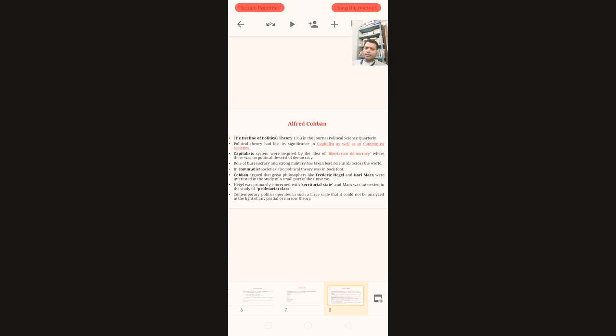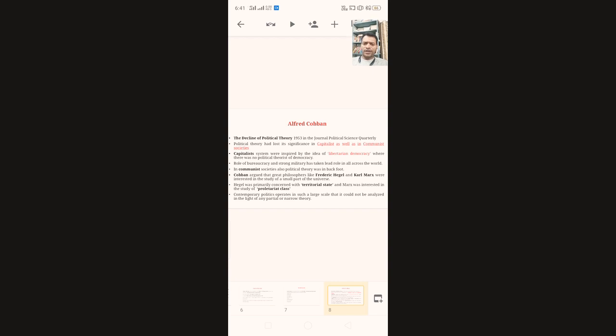Now the second scholar is Alfred Kuhn. In fact, his paper's title is The Decline of Political Theory. It was published in the year 1953 in the world famous journal Political Science Quarterly. In this paper, his main idea is that political theory had